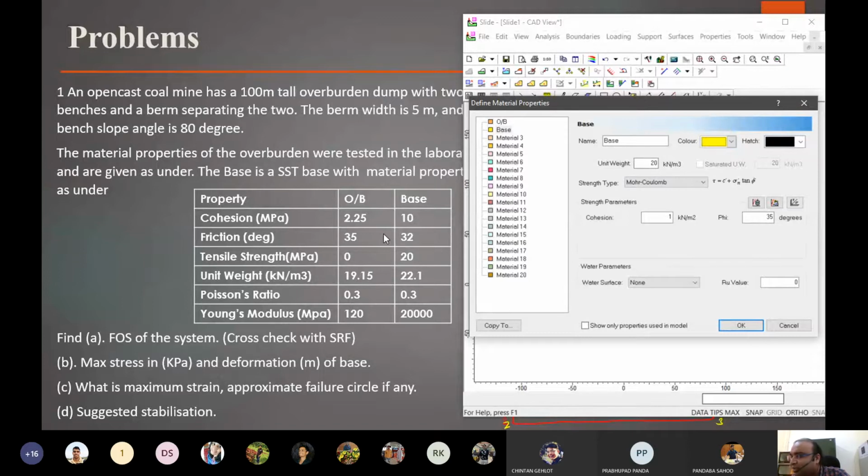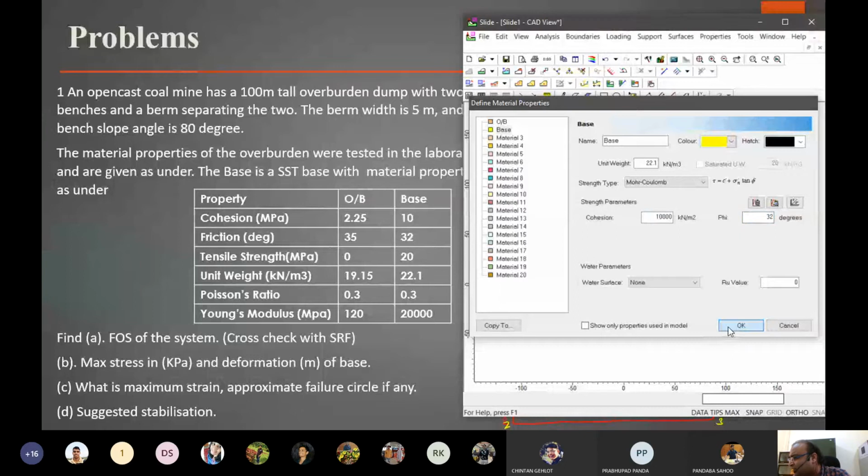And unit weight is, for this case, 22.1. Let's keep it that. Cohesion is 10 megapascals, so this is 10,000 kilopascal. Phi is 32, and I think that's it.